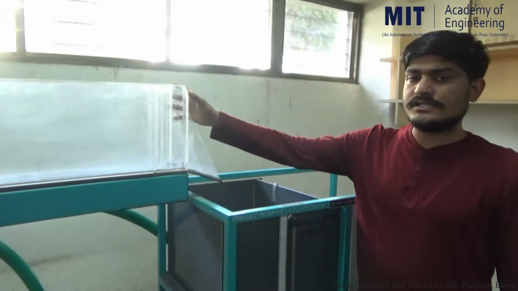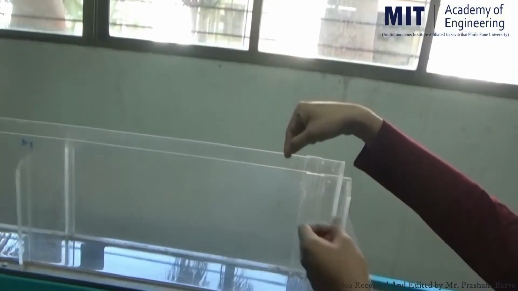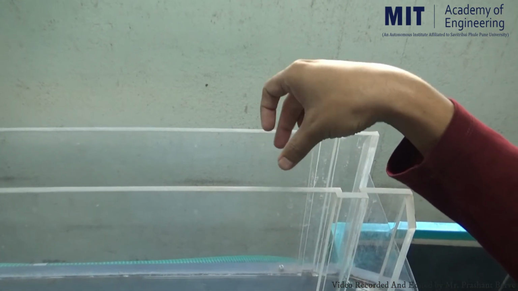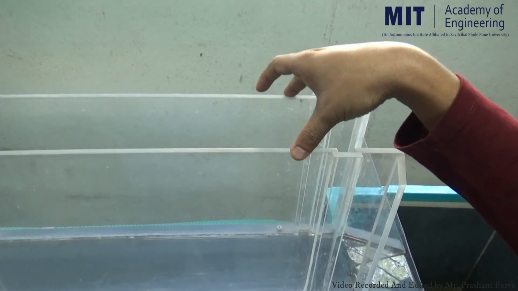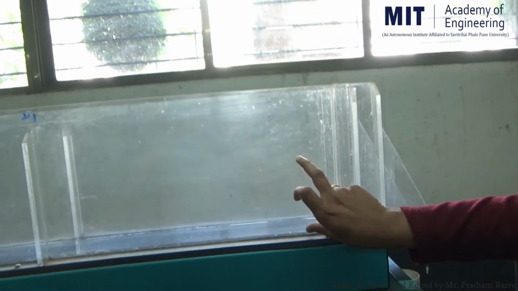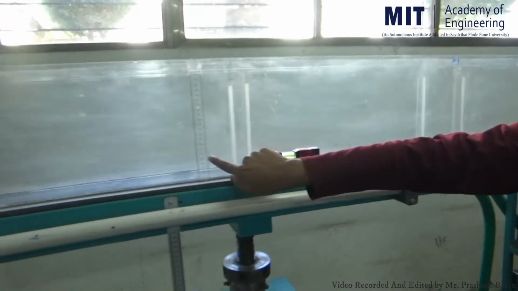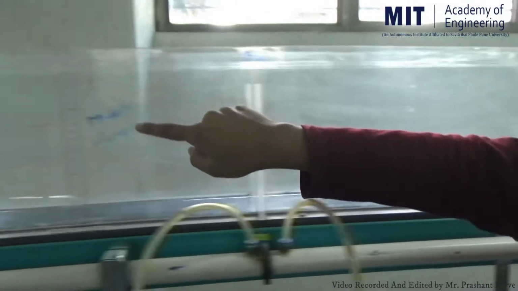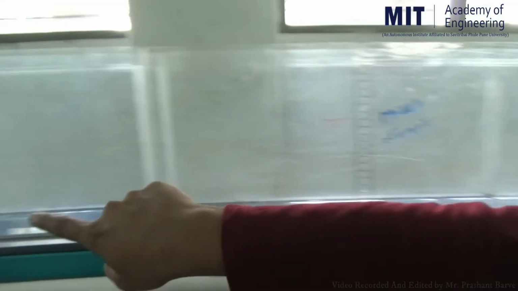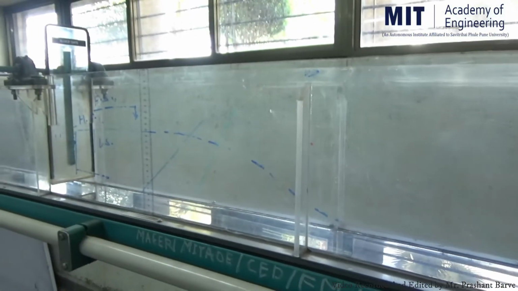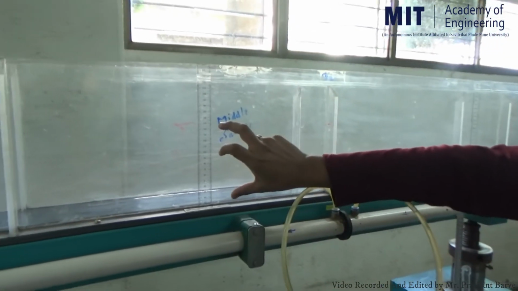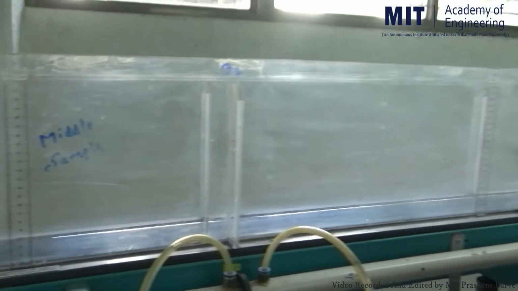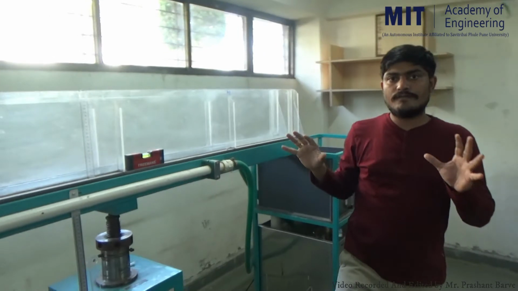If you observe this channel section, this is the width of the channel, which is 10 centimeters, the inner width. The depth of the channel we can determine here. If you observe, scales are attached here. At this cross section we can measure the depth of flow. In the same way we can measure the depth of flow at this section also, and here also, and one more section is there. At any section you feel comfortable with, you can measure the depth of flow. The width is 10 centimeters, so you can determine the area of the channel section also. This, in short, is the construction of a tilting flume.